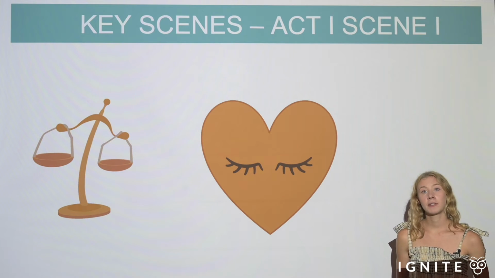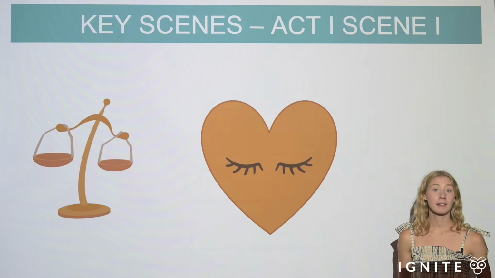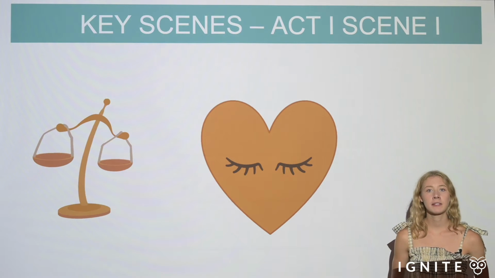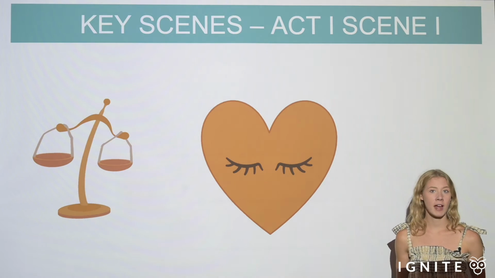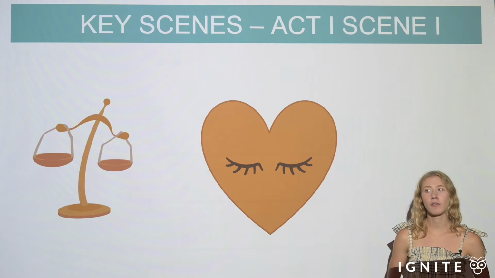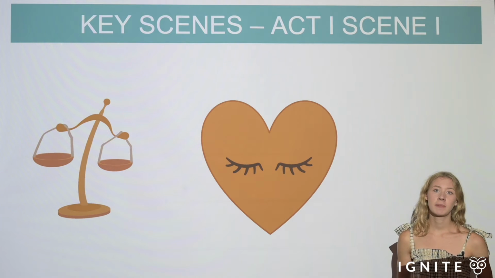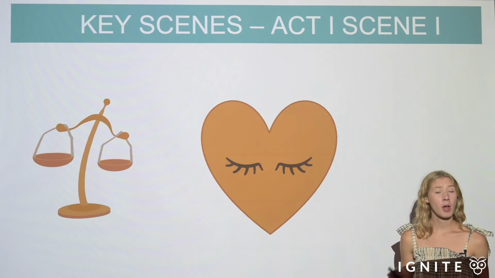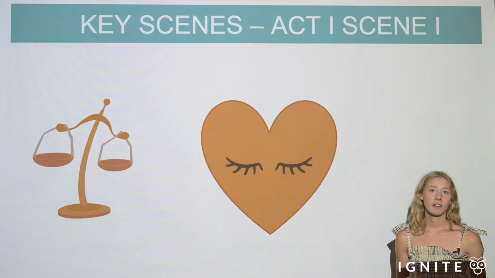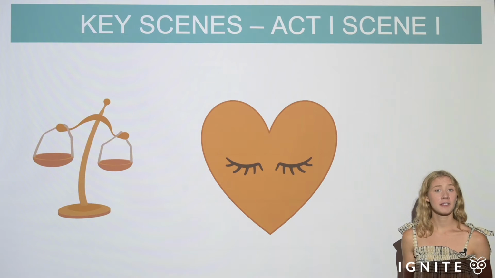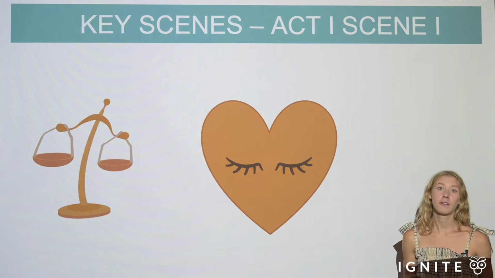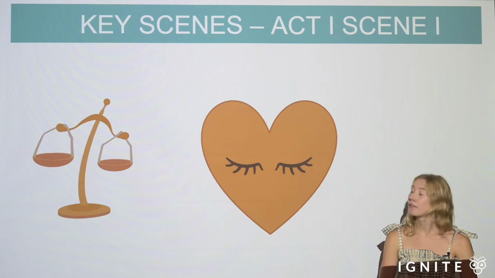This act introduces a lot of Shakespeare's ideas about love and signals that this text isn't going to look at love in its most idealistic way, but rather it's going to look at the darker aspects of love, looking at the asymmetries of relationships, the unattainability of perfect love, the intervention of other external forces into relationships, and the volatility of emotions which come with love.